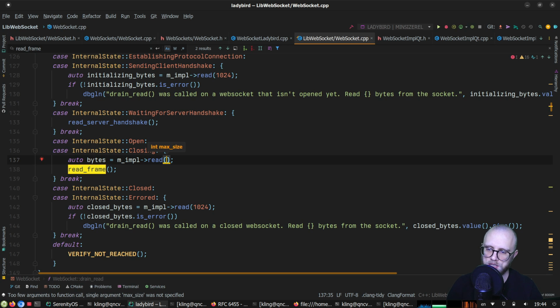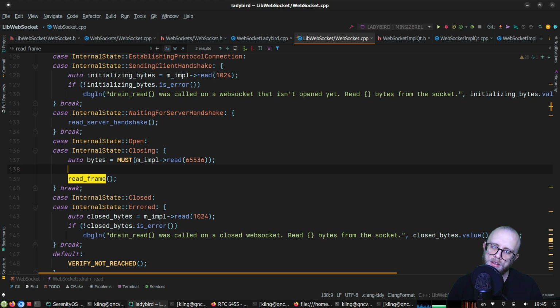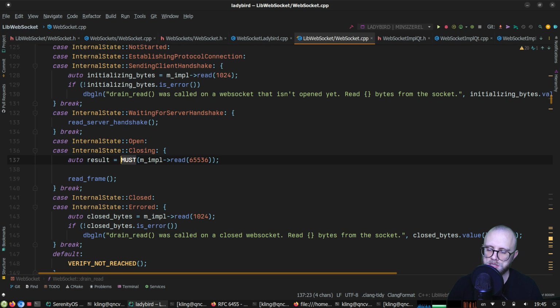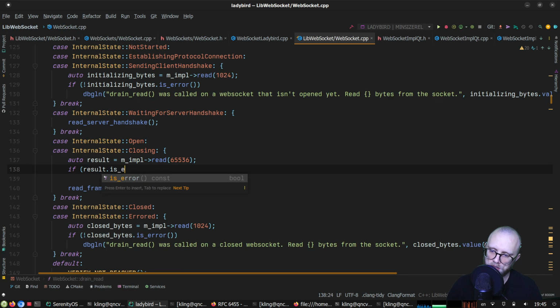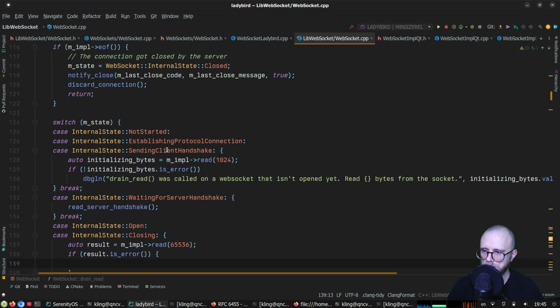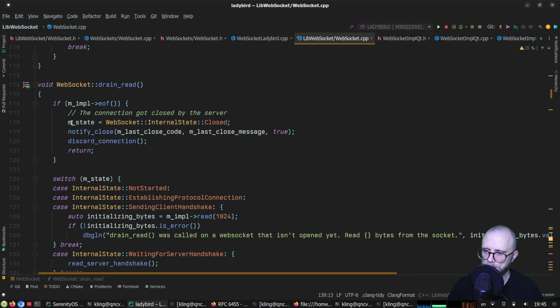All right, so let's say I'm willing to receive 64 kilobytes right now. What does that return? An error or? Okay, well, I'm just gonna unwrap that like a cowboy. Or actually, no, that's not safe, because it could be a legit disconnection, in which case we actually have to deal with it. So if is error, then I guess we should do